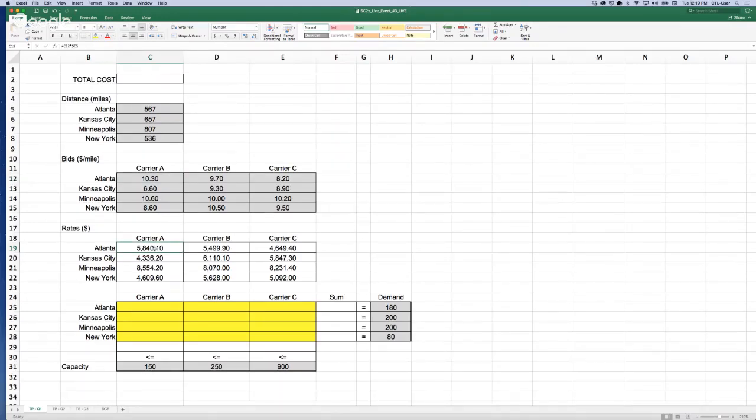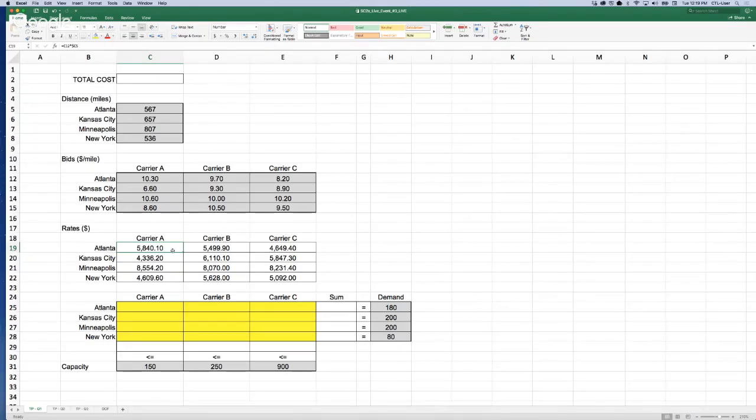So this is just a multiplication of 10.3 times 565. And I did the same for all the carriers and for the different lanes. So now we have the bids, we have the rates, and these rates are just measured in dollars. So this is what carrier A, for example, will charge us if we transport one truck load from Columbus to Atlanta. So these are per truck load.